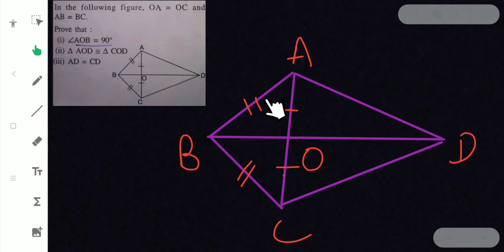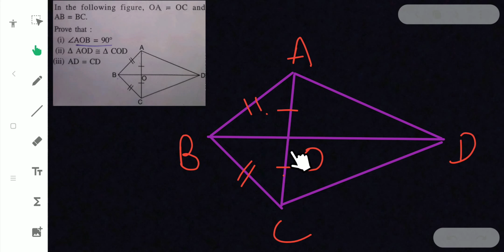Now I have proved these two triangles as congruent. Now on placing one over the other, I will get angle ABO is equal to angle CBO, and similarly I will get angle COB